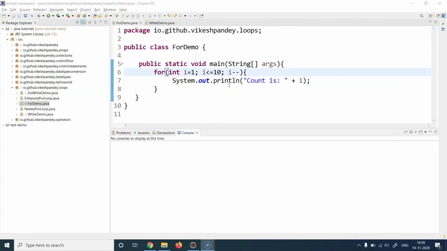So this is all I wanted to cover in today's session. We talked in detail about the for loop. And in the next session, we are going to talk about another interesting way of writing for loops, which is also called enhanced for loops.